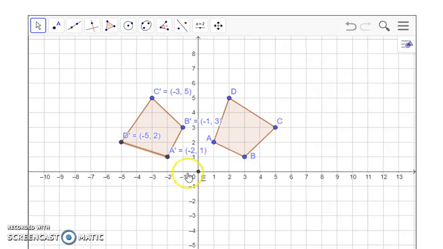And now I can look and say, oh, these ordered pairs are a lot easier to view now since I've got the name and the value here. And I've got the other ones listed above. So A was 1, 2, A prime is negative 2, 1. B was 3, 1, here B prime is negative 1, 3. And what I can see as I go to each of them is that the ordered pair, the x and y values have swapped places, and then all my x values are negative